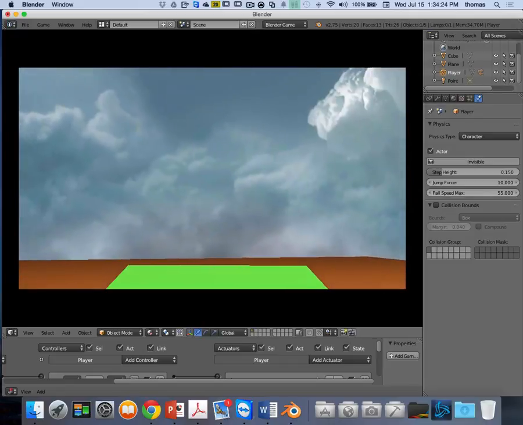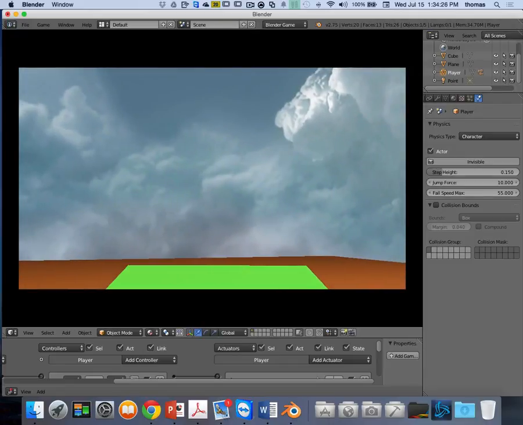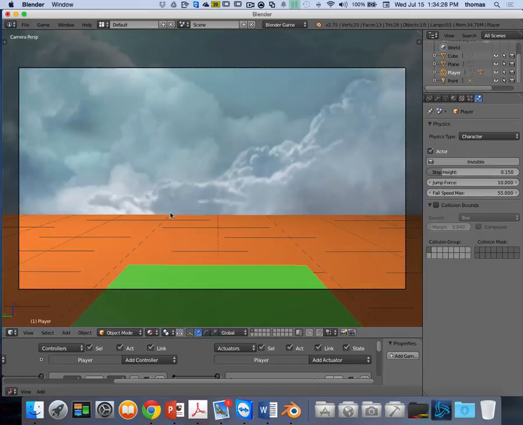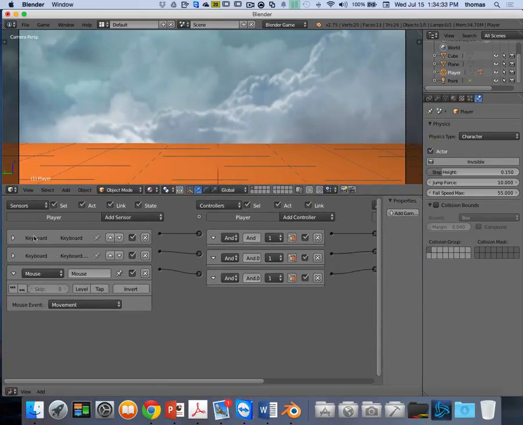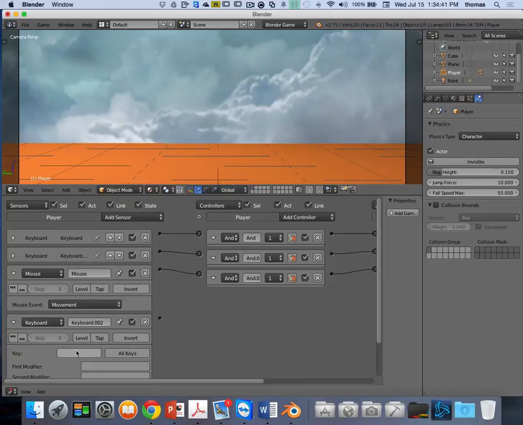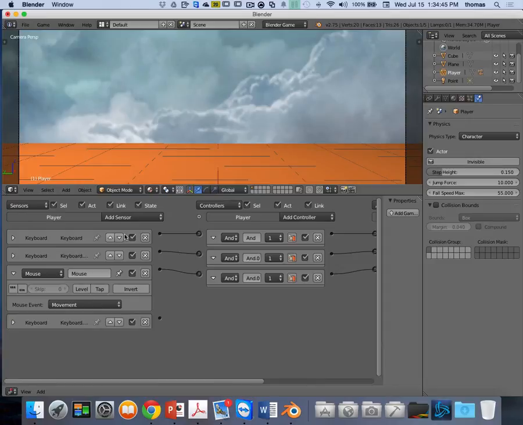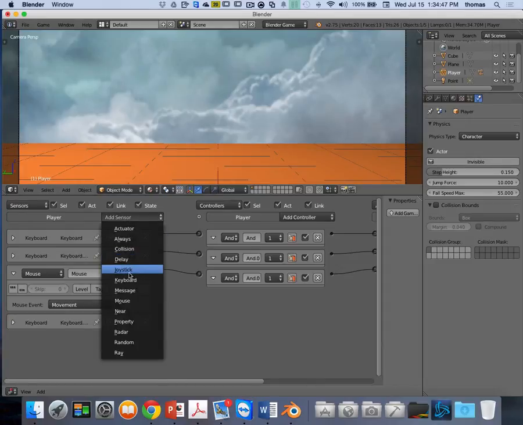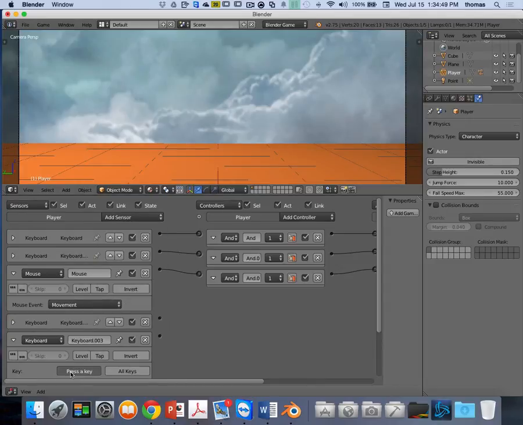To make it go forward and back, I'll finish off with those. Right, so I've got my left and right keyboards. By the way, it's all inverted because I messed up, but it's okay. It's the same idea, and to go left and right, forward and back. Again, I'll use a W key for forward, and I'll add another one. I'll do a keyboard back, the S key for back,